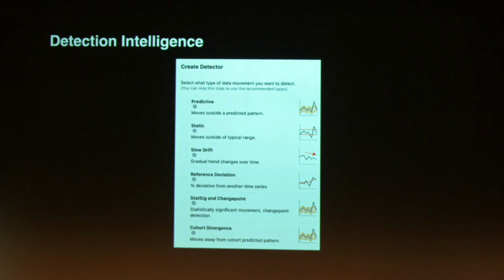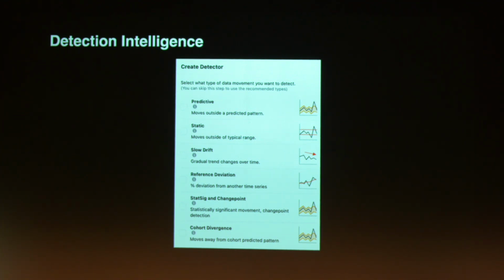Detection intelligence. Here, I would like to talk a little bit about what a detector is. A detector is what we call these detection objects. They have a query that can return multiple time series, and they have a list of thresholds which they execute. Depending on these thresholds, they submit alerts. At Meta, we give our customers, other engineers, data scientists and staff, these options. This is actually a screen grab from this morning. I wanted to make it as modern as possible.